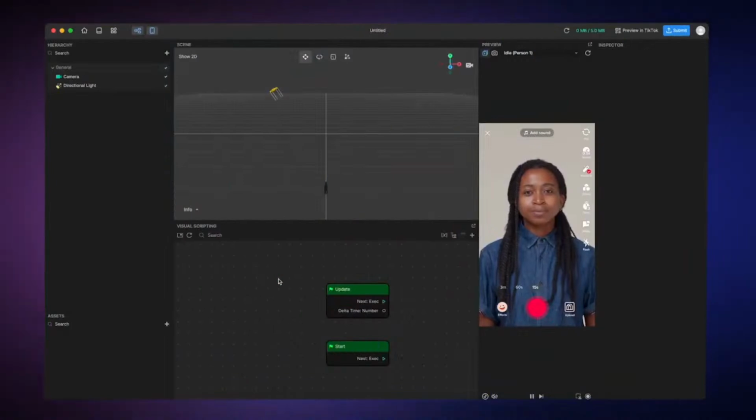Now, nodes are the building blocks of the visual scripting language, and they're essentially just little blocks that represent programming functions. Each node has inputs and outputs, which you can connect to other nodes to create more complex operations. When you connect a node, it will receive and pass information along the sequence. This system of connections allows you to use visual scripting to add all sorts of things, like triggers, events, and